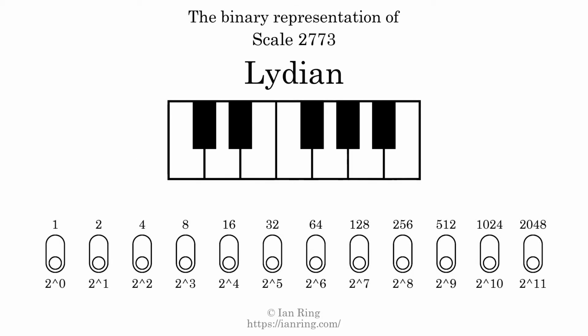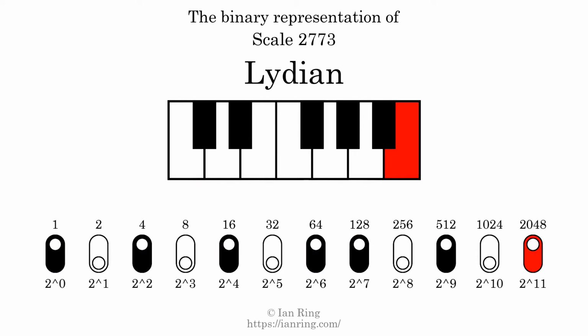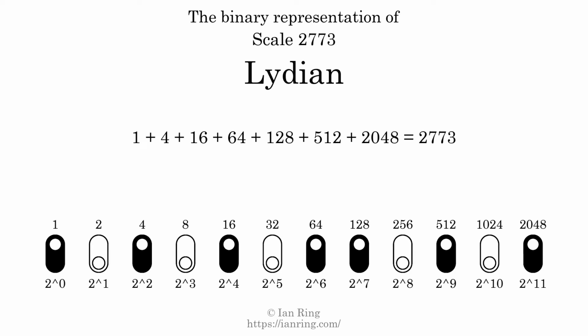The binary representation of this scale is determined by mapping tones of the scale to binary digits. Each binary digit represents a power of 2. To get the scale number, we add the powers of 2 together. The powers of 2 that are present in the scale, all added together, equals 2773. That is why the scale number, in decimal, is